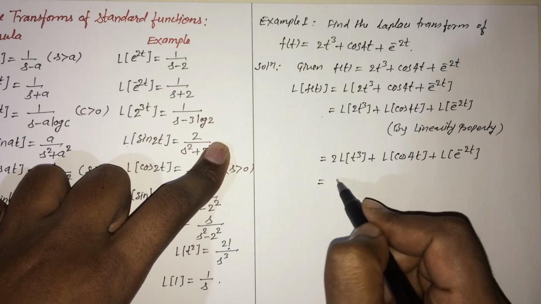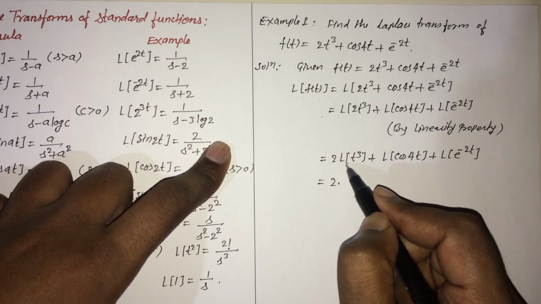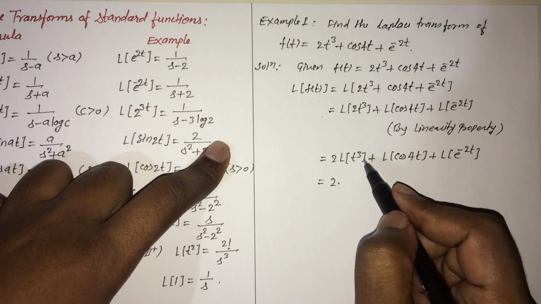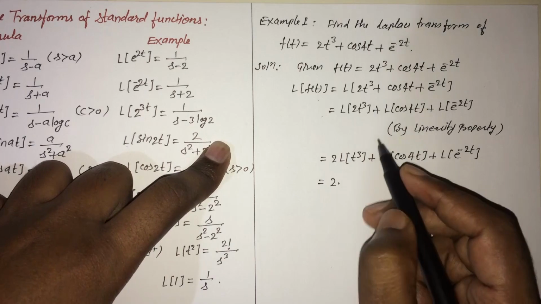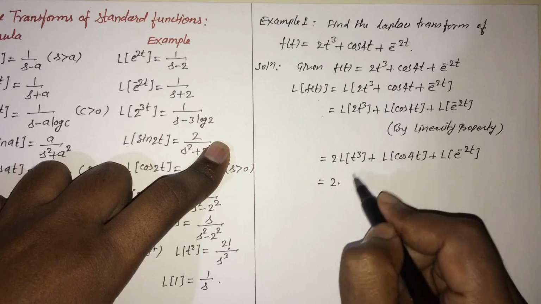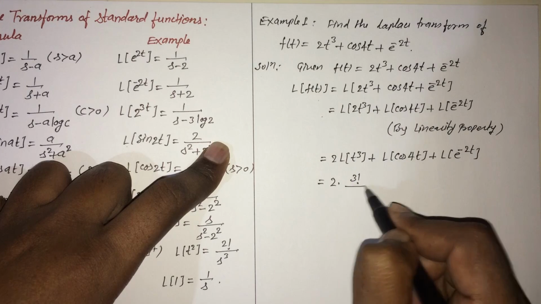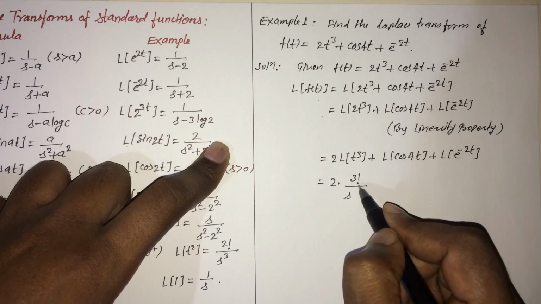So this equals 2 times Laplace transform of t raised to n, which is n factorial divided by s raised to n plus 1. Here n is 3, so this becomes 3 factorial divided by s raised to 3 plus 1,